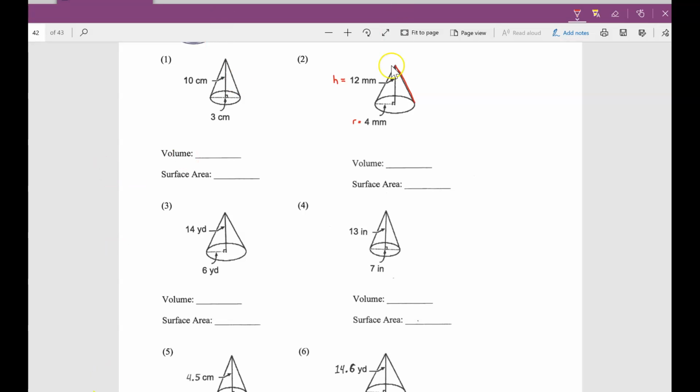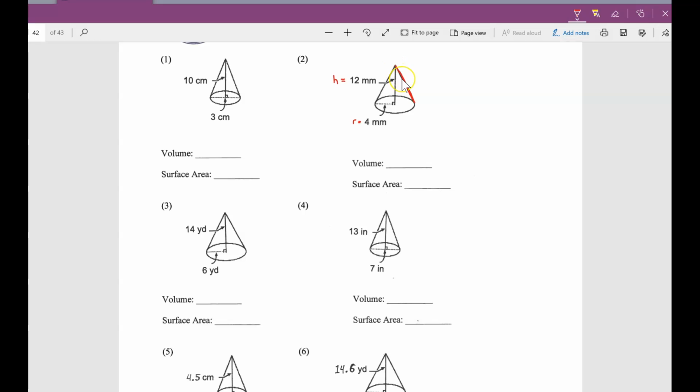So on our example here, number 2, 4 millimeters is our radius. That's the distance from the center to the edge of the circular base. 12 millimeters is our height. That is the distance from the floor to the peak straight up. Slant is this guy here. It also goes from the floor to the peak, but it does so by following the diagonal surface of the